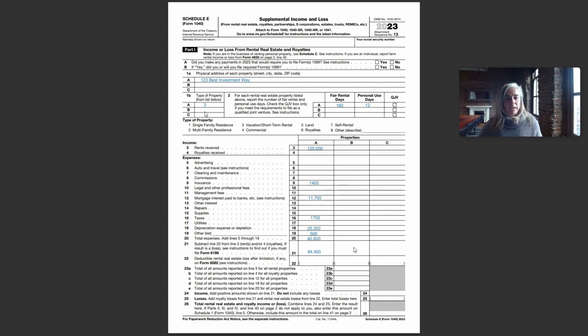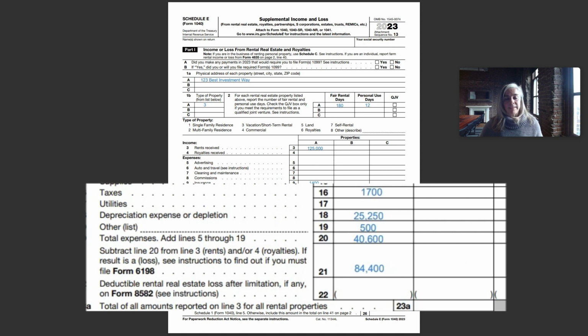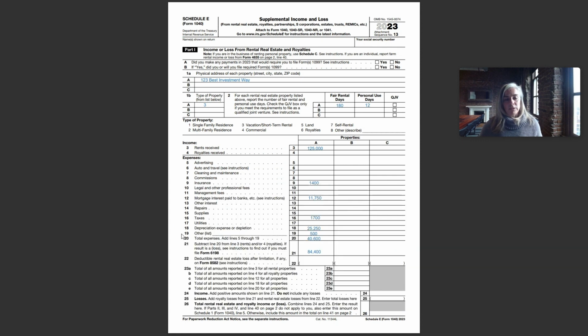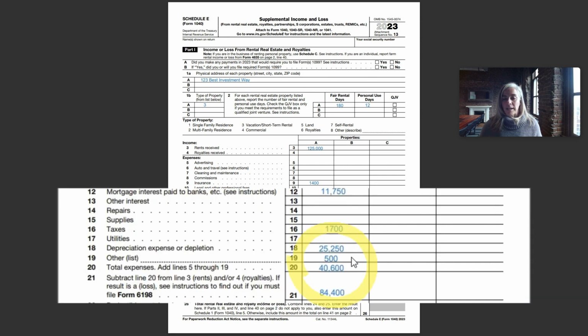So on this Schedule E, I chose a short-term rental as the type of property that we're going to look at. Total rents received are on line 3, and everything below are things that I can actually add back and that you can write off and reduce your total taxable income. One thing I want to give a little more information on is this other line. Other is your HOA dues. If you have HOA dues on your property, you can write those off as well, and we can add that